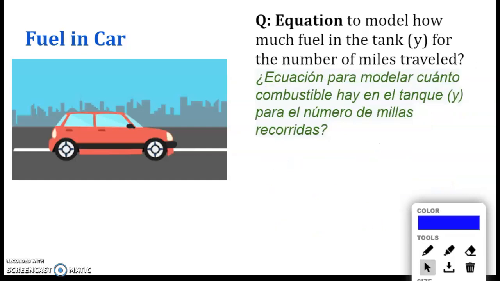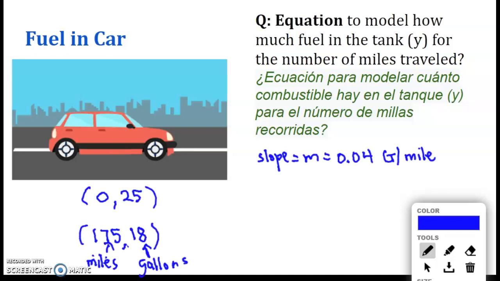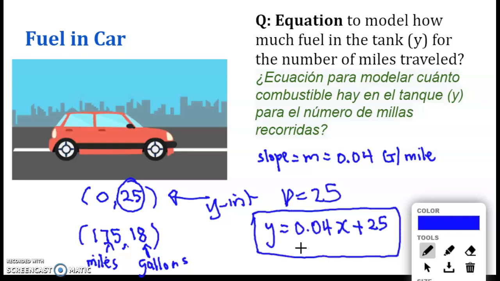Okay, then the last question was an equation to model how much fuel is in the tank for the number of miles traveled. Okay, so we already know the slope is 0.04. But do we know the y-intercept? Well, we know the two points. Look at the first point. The first point has the coordinate of 0, 25. When the first number is 0, this is actually the y-intercept. And the graph is crossing at 25. So this tells me that b is equal to 25. So the final equation is 0.04x